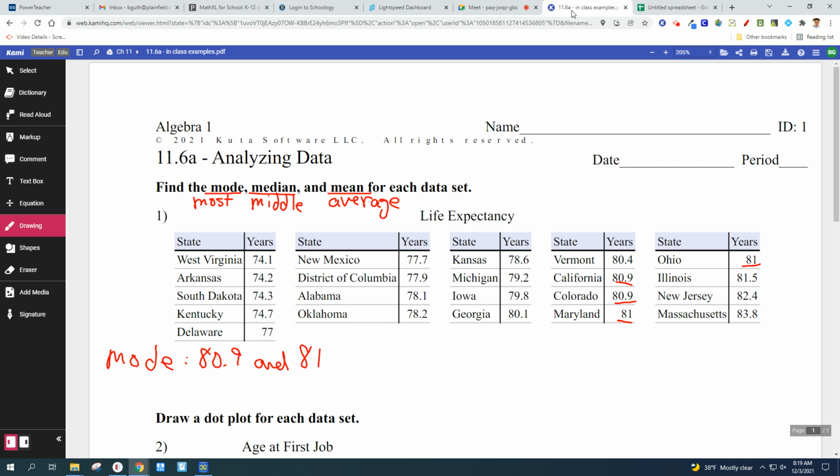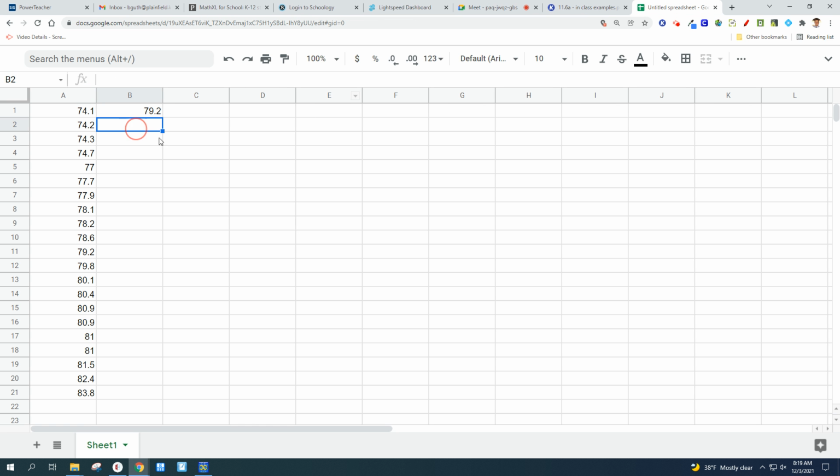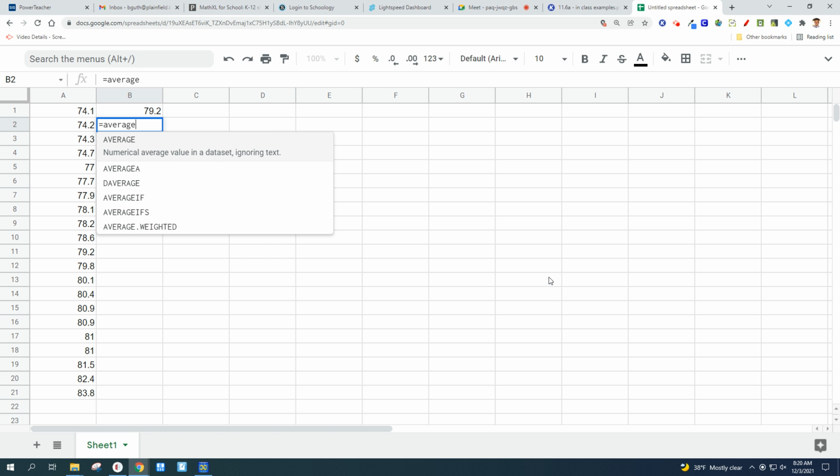So we can go back and write down the median, but we're also going to find the mean. Now the mean, Google Sheets doesn't know the word mean, it knows the word average. So the mean is the average. You'd have to know that the mean is the average, but we're going to say equals average, and we're going to do the same thing. So parentheses, A colon A,